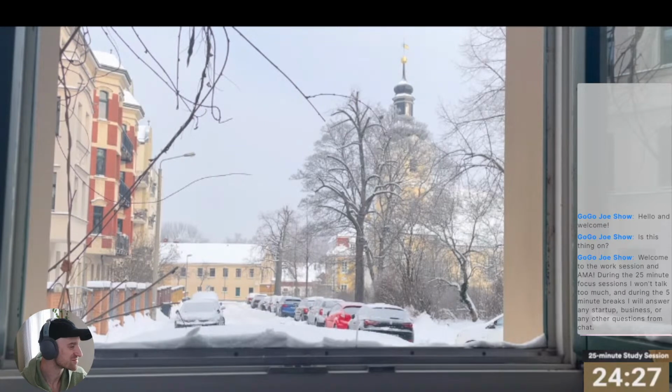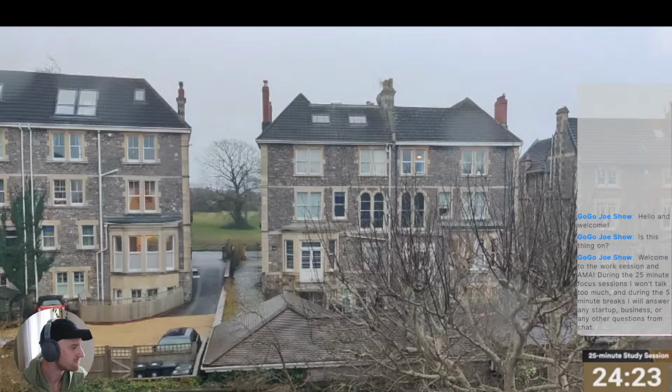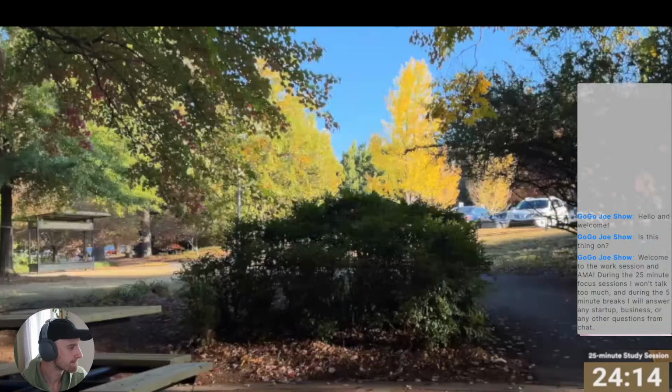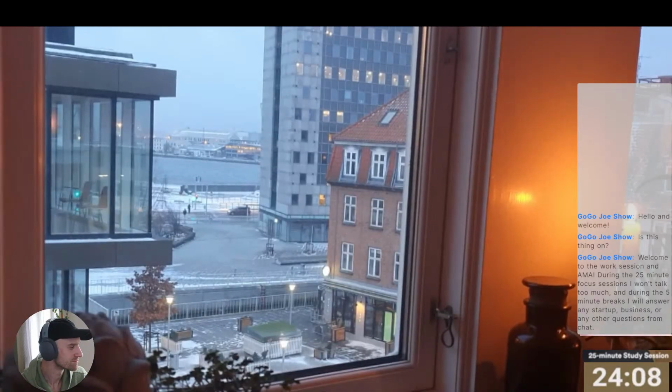But it's just not a very exciting window. Cozy window.